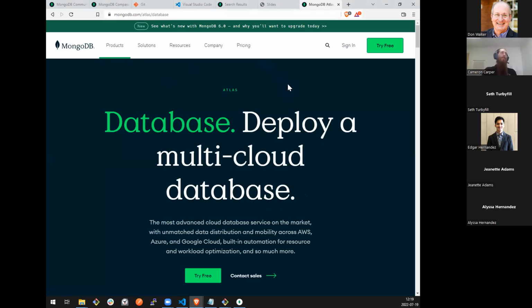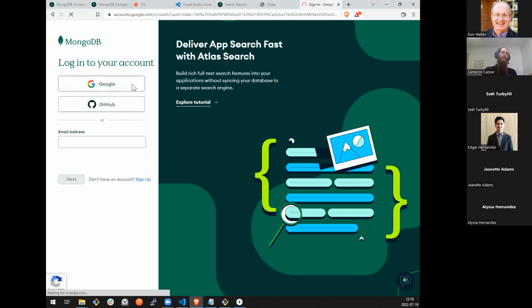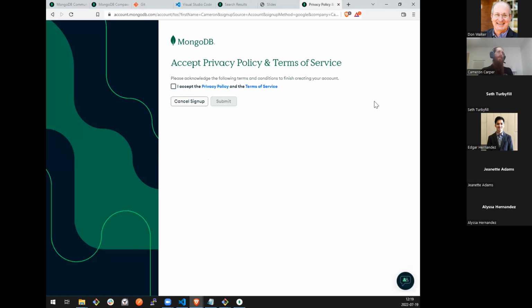However, MongoDB does provide a cloud service called Atlas that is free to use, and even better, this is the big selling point I tell people, you do not even have to give them a credit card, so you know it's free. Unlike AWS, where they have a free tier, but you have to give them a credit card, and if you screw up and leave an EC2 instance running, then you come up with a large bill that you weren't expecting.